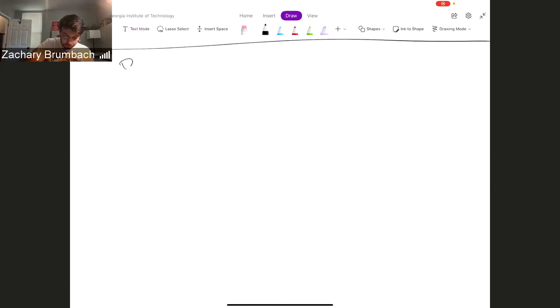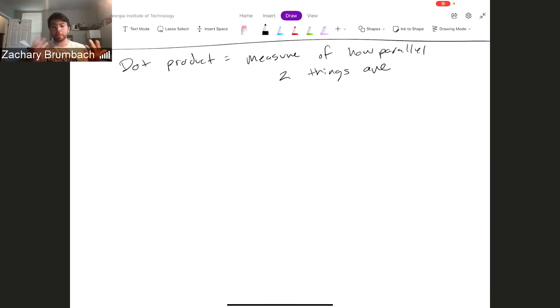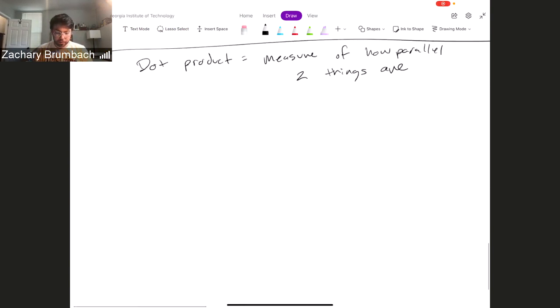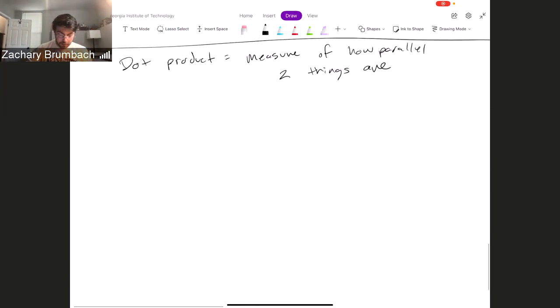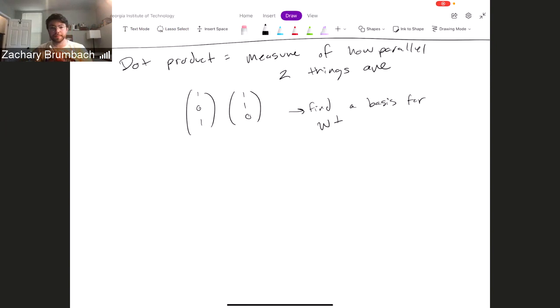So, dot product. What it is numerically is a measure of how parallel two things are. The bigger the number, the more parallel. There's not really a good scale for it. But if things are perpendicular, orthogonal, they have a dot product of 0. That's why that works. And the reason that we're able to build off this transpose stuff is because if I give you two vectors similar to the ones we just had, and I tell you to find a basis for W perp,